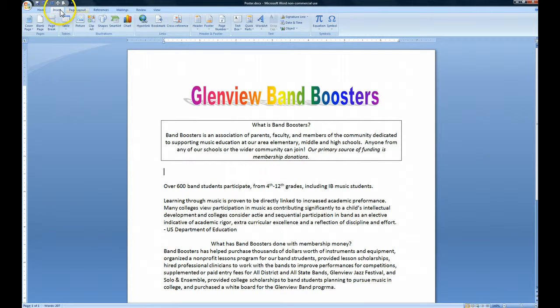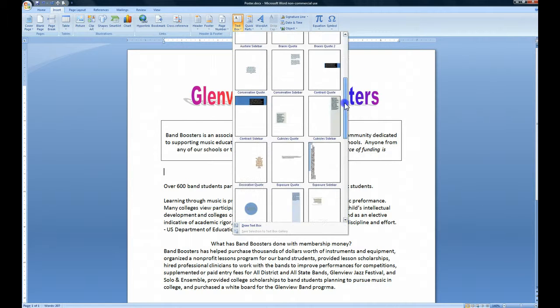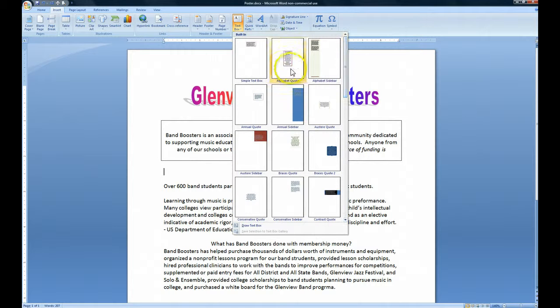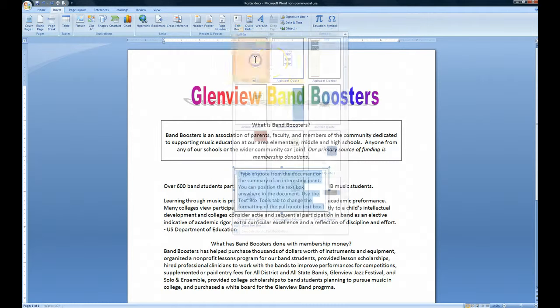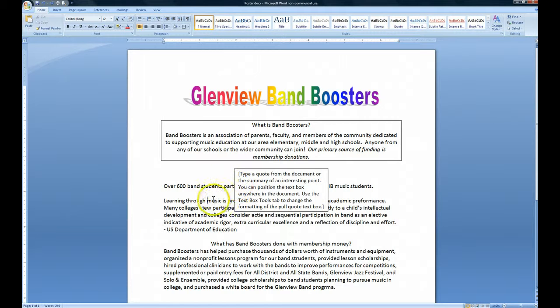On my Insert tab, I will choose Text Box, and you can see in the text box drop down that there are multiple text boxes that I could choose from. I just want to create a simple text box. Once I do that, I can now select this text,